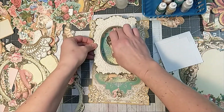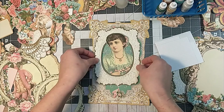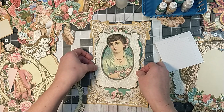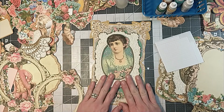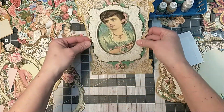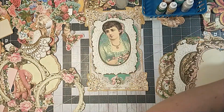So she definitely builds them up really quite tall, and they're really pretty. And she did have hers so that in the end you could stand it up like a card. And I did that with mine too, but I don't know if I'm going to do it with this one,